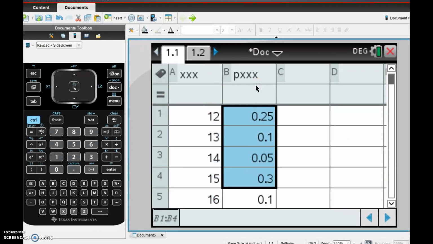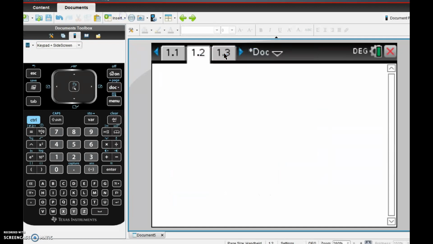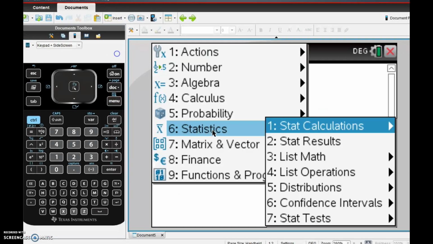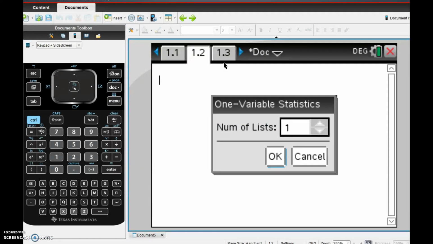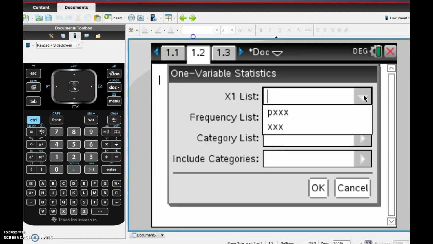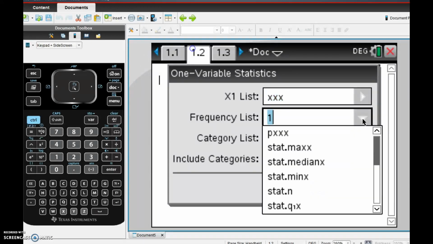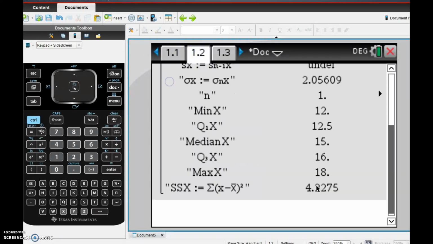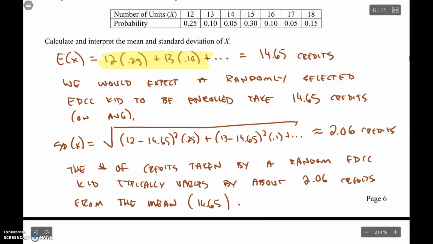I'm going to make an X list, a probability list. Open up a calculator page. Menu, statistics, stat calculations, one variable statistics, number of lists 1. The values are the X's. The only thing that's new with these is the probabilities. So the mean is 14.65, the standard deviation is 2.06. So put down that,